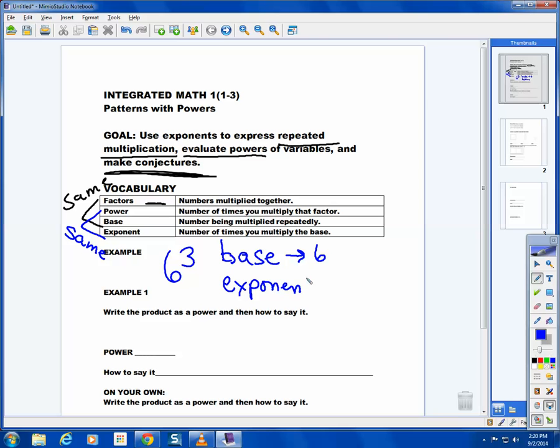Guys, here's a question. What's 6 to the 3rd power mean? 6 times 6 times 6. Would everybody agree with that? So if I write that as this phrase right up here, repeated multiplication, I write it as 6 times 6